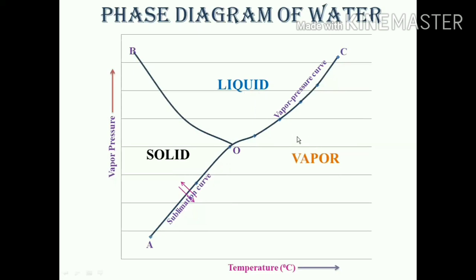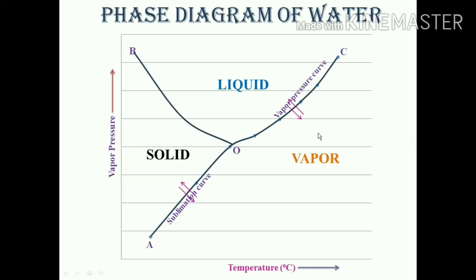So definitely it will be called as the vapor pressure curve. Now students, it is very important to remember the term which is used for these specific curves, right? Because the name actually defines what is happening along that curve. And the second part which you need to remember over here is that the curves actually represent the equilibrium state. Likewise, the vapor pressure curve represents the equilibrium state between the liquid state of water and the vapor phase of water.